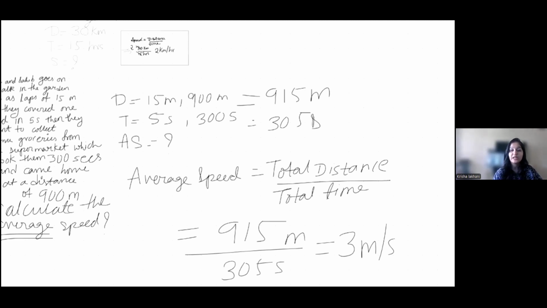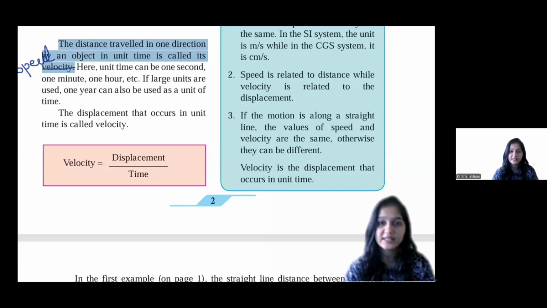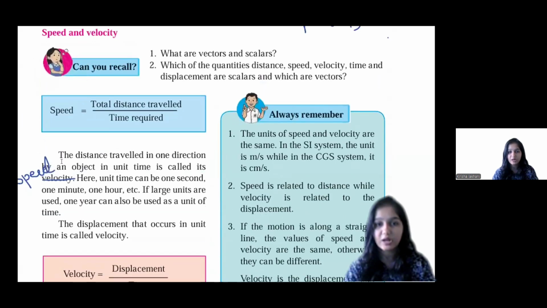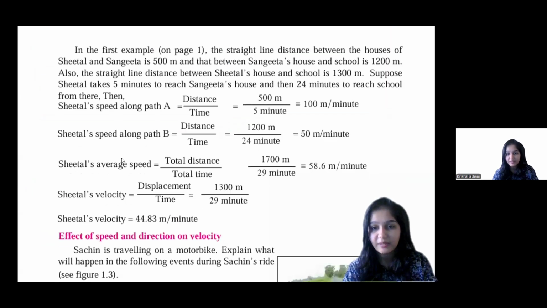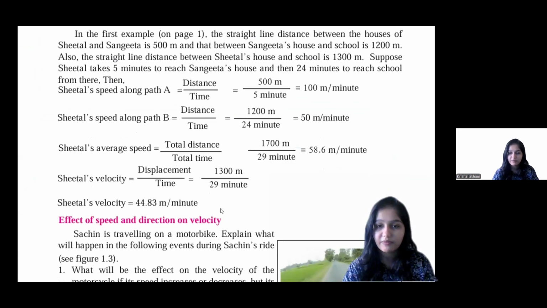I hope you are clear with it, and I am ending speed and velocity here. I'll bring up more questions for you, and you have to solve them right away. Okay, so here we pause, and we have almost covered each and everything. As you can see, we have already done everything here. Whatever is given, here there's a change: velocity, please change it to speed. And here velocity is equal to displacement upon time. Here velocity is all done.